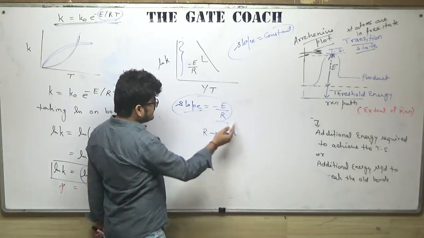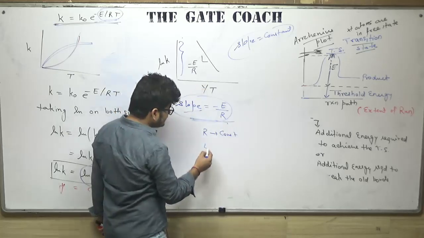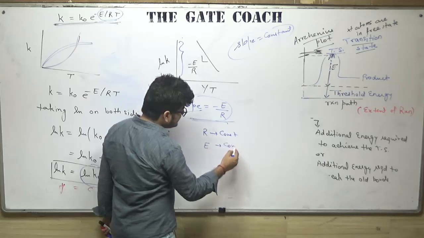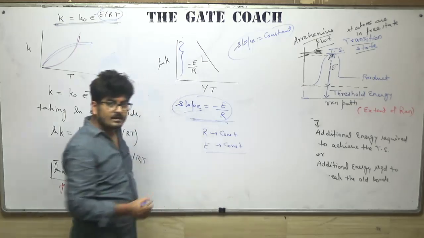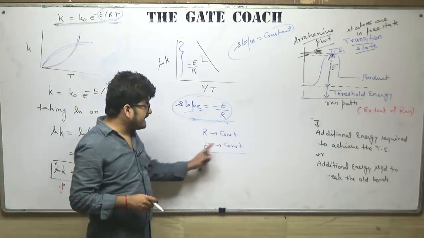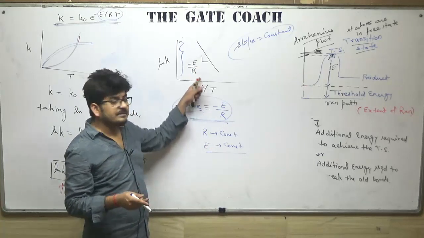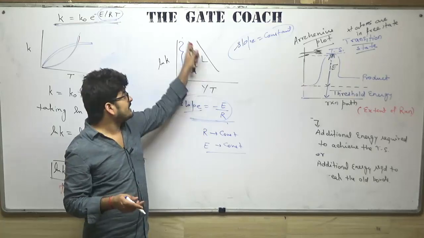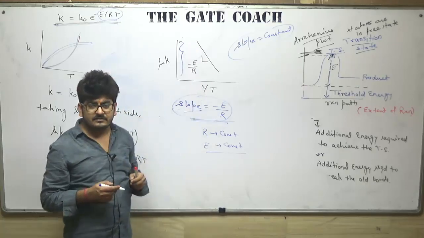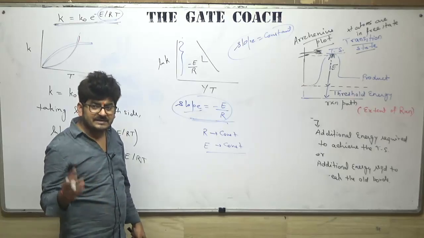It means they are considering in this expression that E will be constant as well. What is E? That is the activation energy. So if E is constant, only then the slope will remain constant and the curve will be a straight line curve. So this is an assumption you can say in Arrhenius theory, that